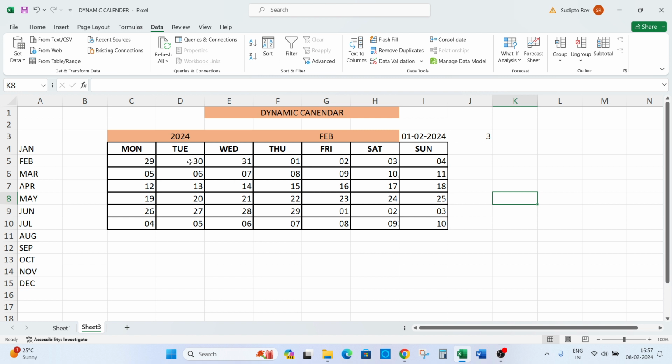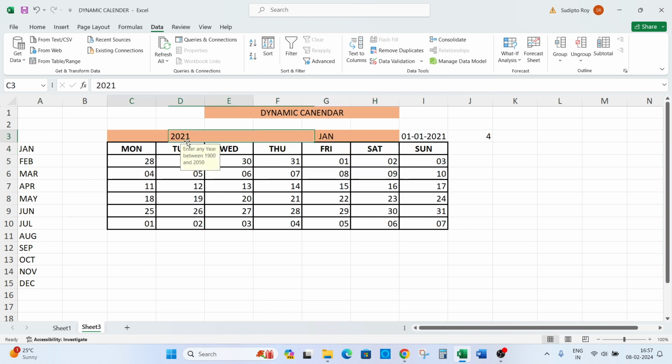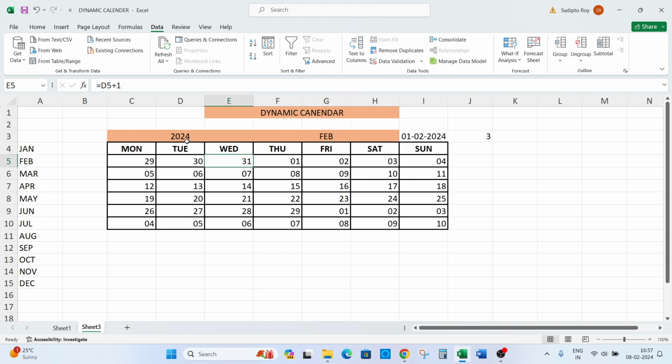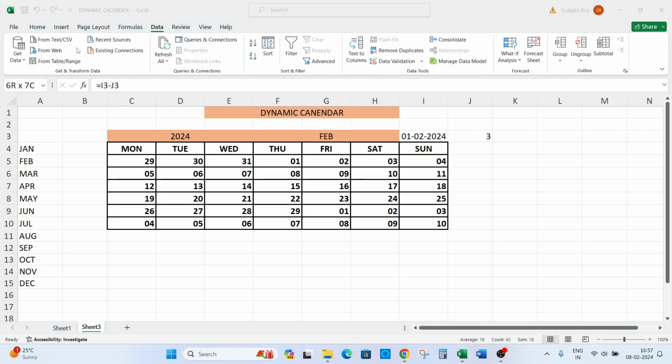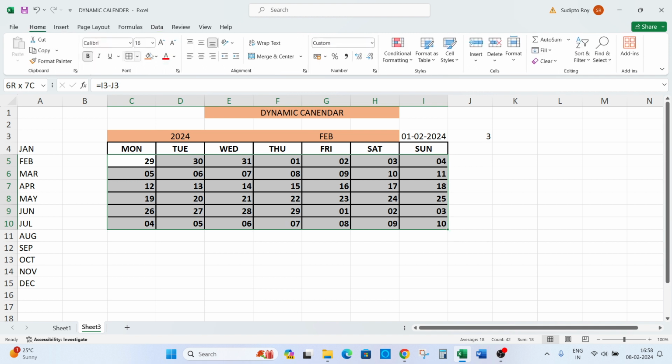Now what we need to do is see here, up to now it's fine, it's working pretty well. February, we can choose January also, that's good. 2024, we'll go back to February, but we need to do one thing here. We need to go ahead and only highlight, or rather show the cells which contain the date for the current month, and